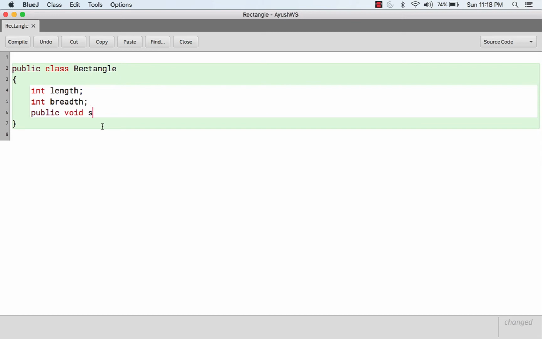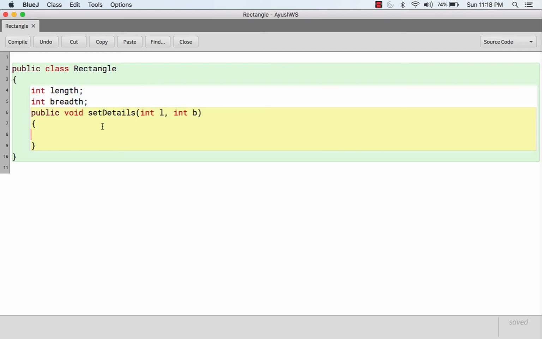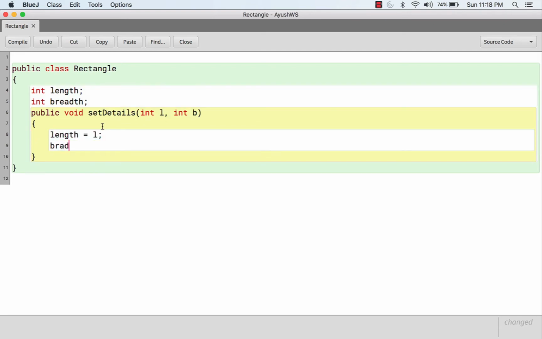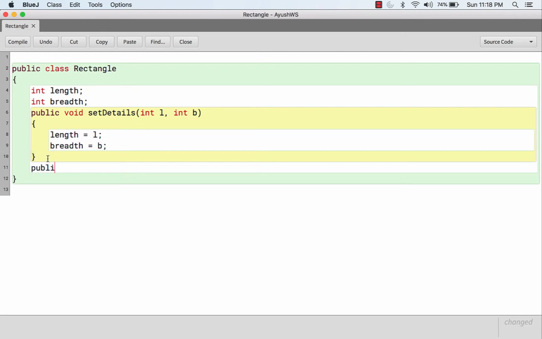So we'll say public void setDetails, passing in the parameters int L comma int B, and set the values for the length and set the values for the breadth. Next we need to find the area.